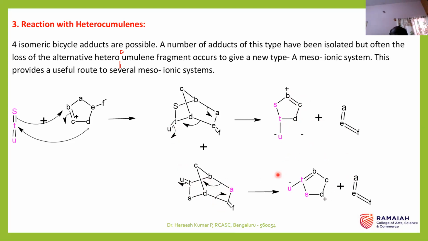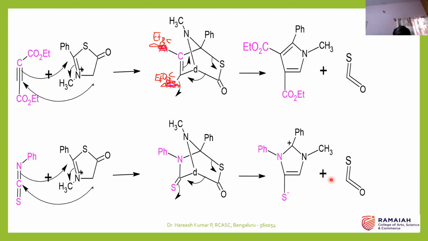So that is how this kind of meso-ionic heterocycle is obtained. So this is about the reactions of meso-ionic compounds with heterocumulene and alkenes. So with this, I will go to the next slide. So here I am taking an example. Okay, so you can observe that